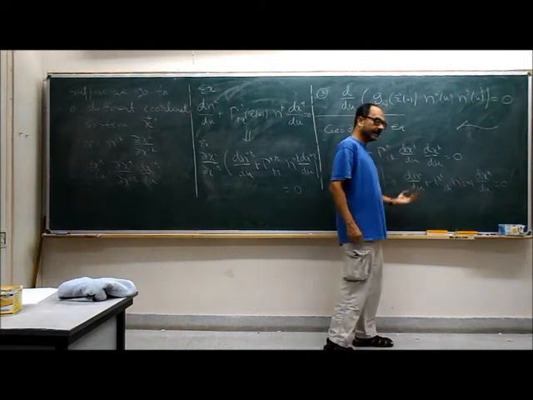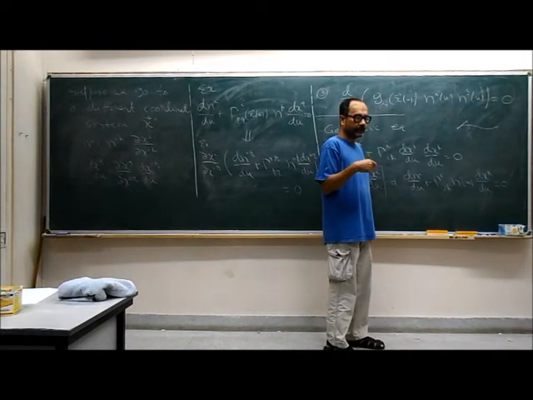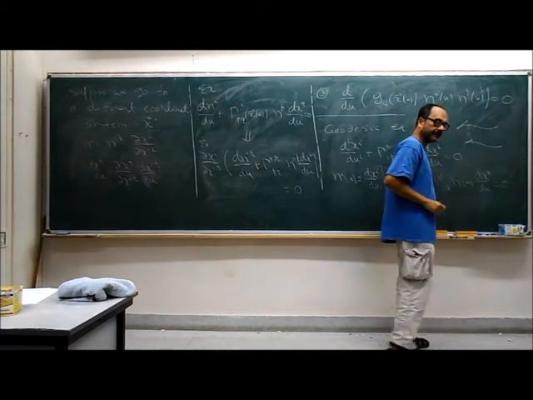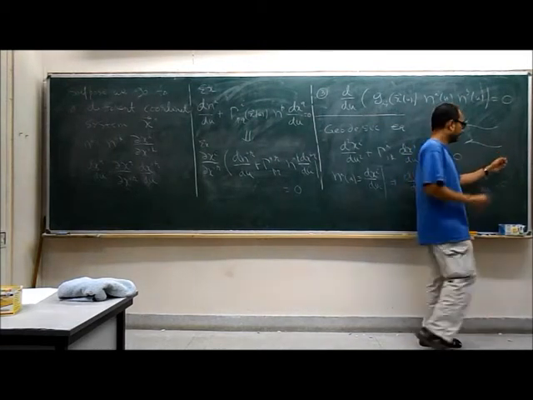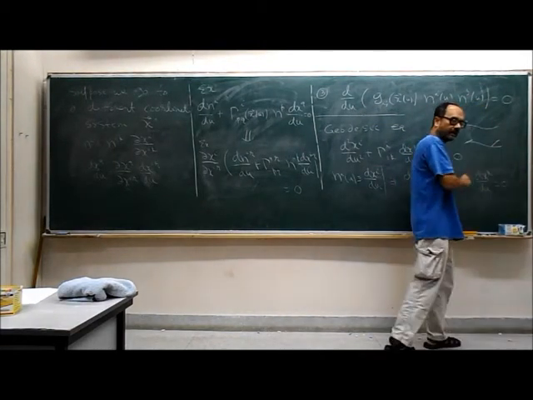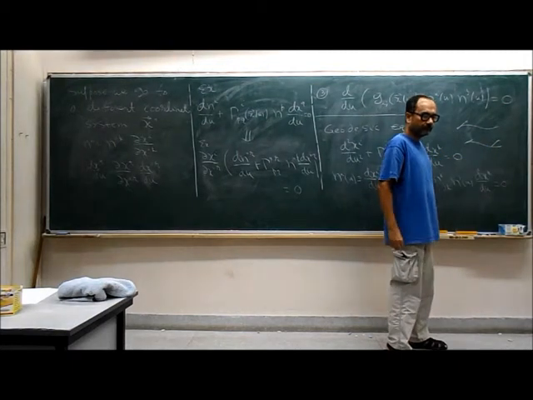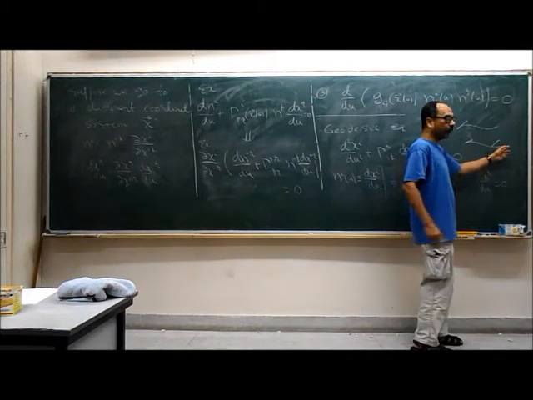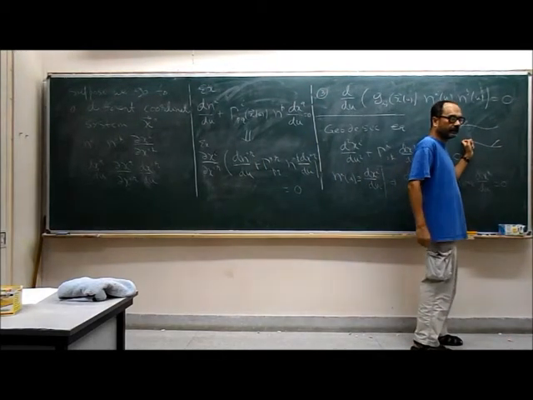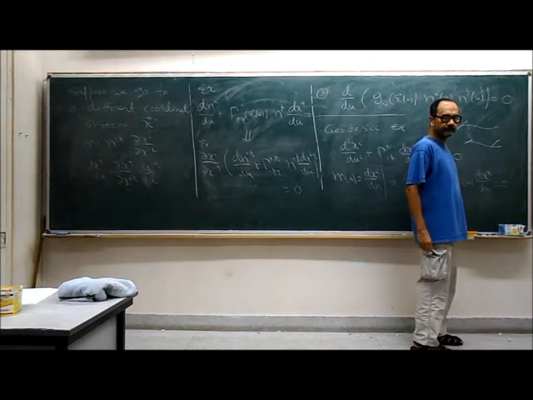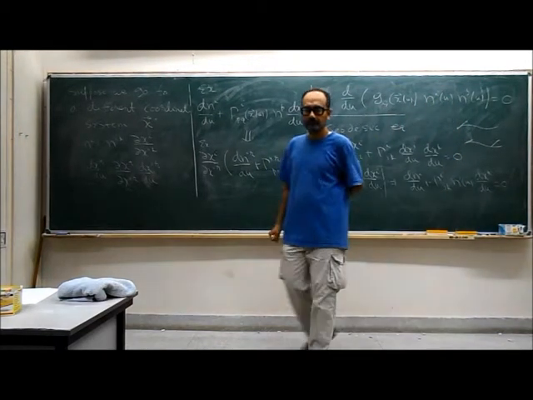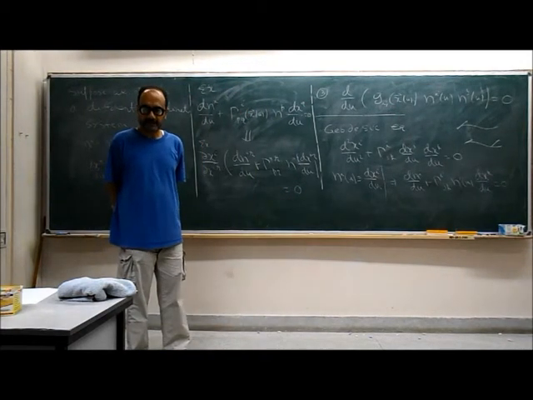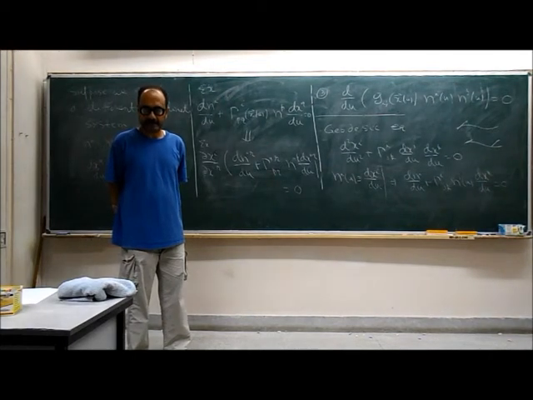So the tangent vector along a general curve is not parallel transported. If you take an arbitrary curve and take a tangent vector here and parallel transport it, you will find something that's not a tangent vector to the curve at this point. It's only geodesics that have this property, that the tangent vector at any point on the geodesic is the parallel transport of the tangent vector at any other point. When you parallel transport this tangent vector at a point, we have never argued that it has to be a tangent vector everywhere. Yes, exactly. If it is a tangent vector everywhere, then it has to be a geodesic.